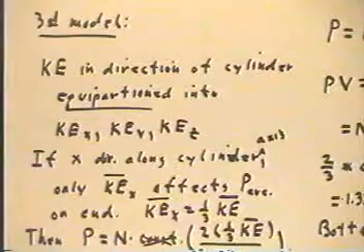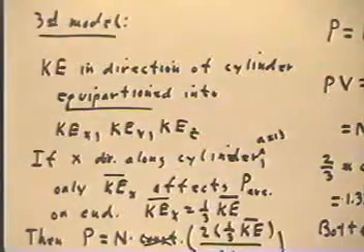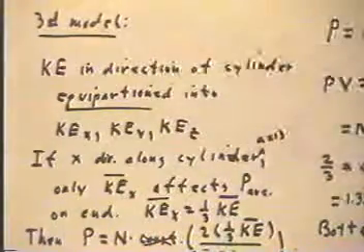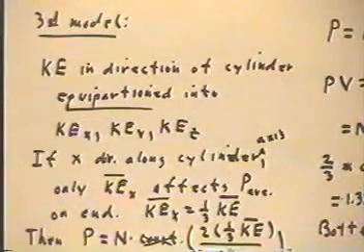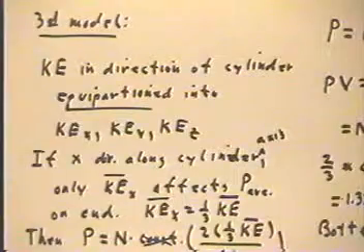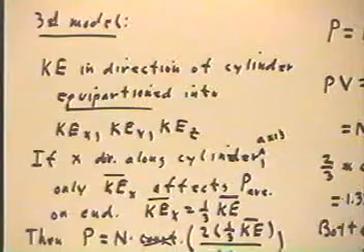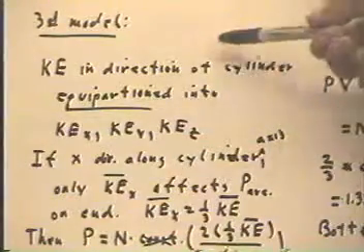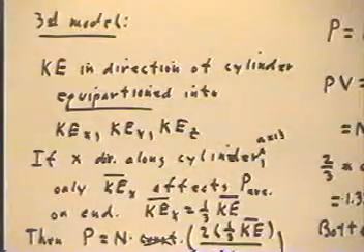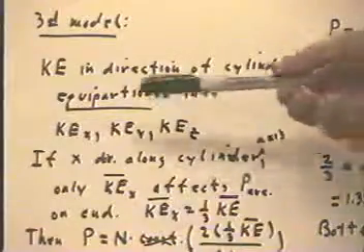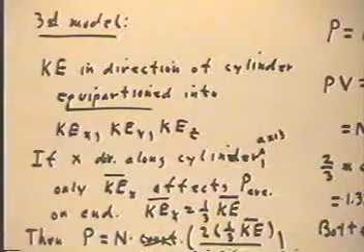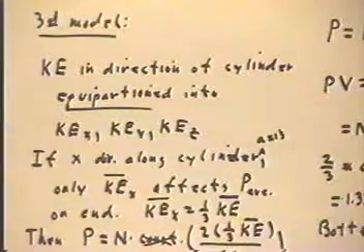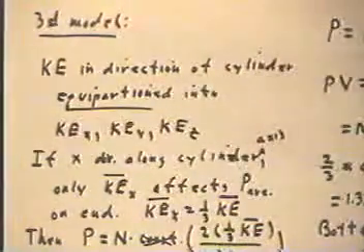Our third model, we let the kinetic energy go into all directions within the cylinder. And we're going to assume for right now that we have a monatomic gas, an ideal monatomic gas. So that, as we can see with the billiard ball simulation, the